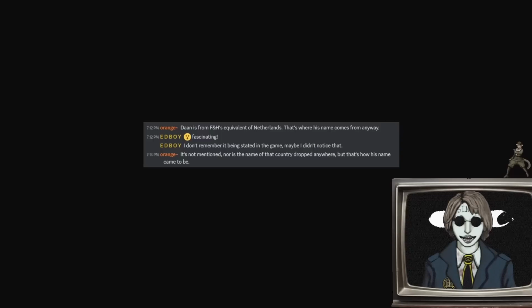I imagine this is the sort of stuff he's talking about. Little background lore pieces of the characters that we're not going to find out in Fear and Hunger 3, right? Because it's not going to be about the same characters. Just little background bits of information about these people, so we know a bit more about them, which is nice. We find out Dan's from Netherlands. I don't know what Netherlands is like in real life, but...